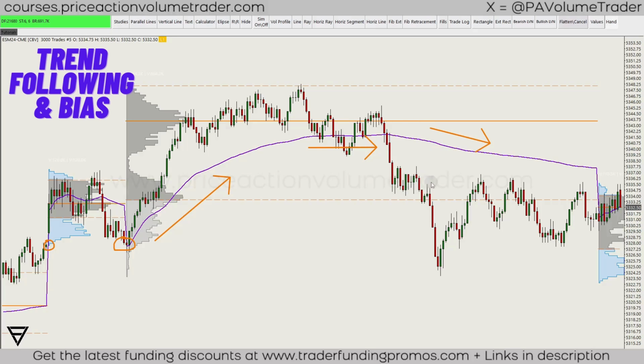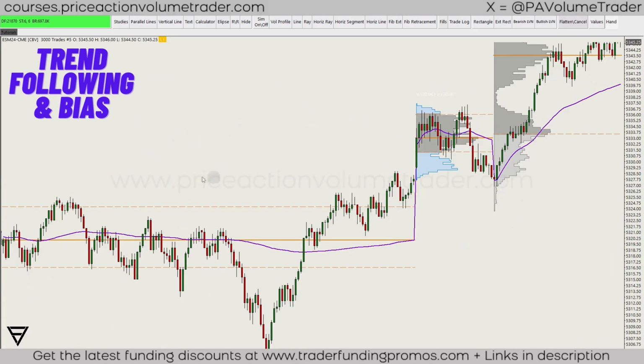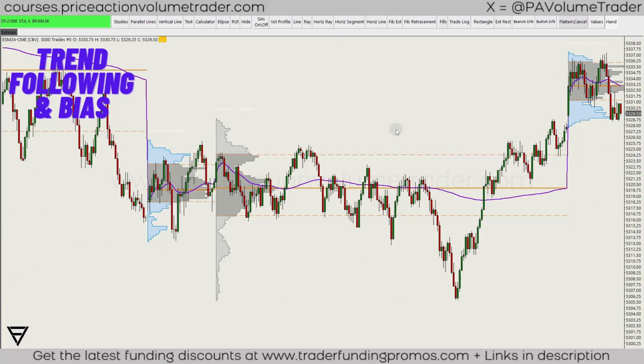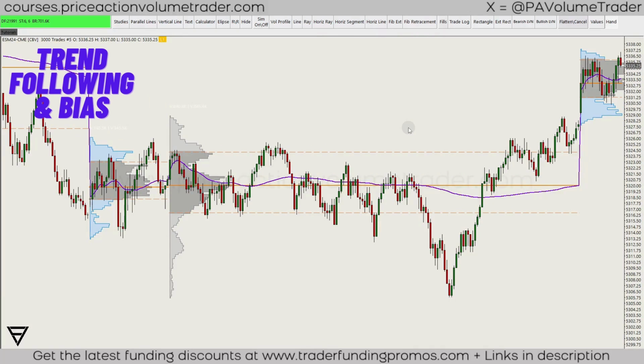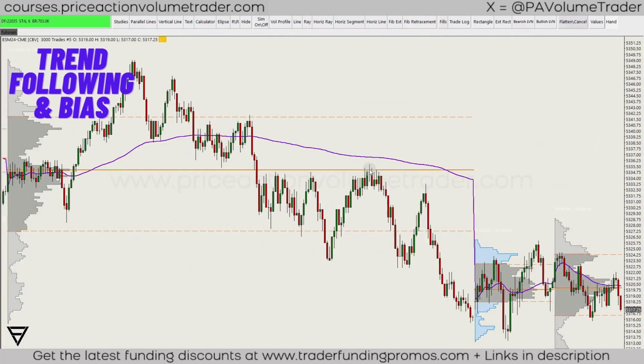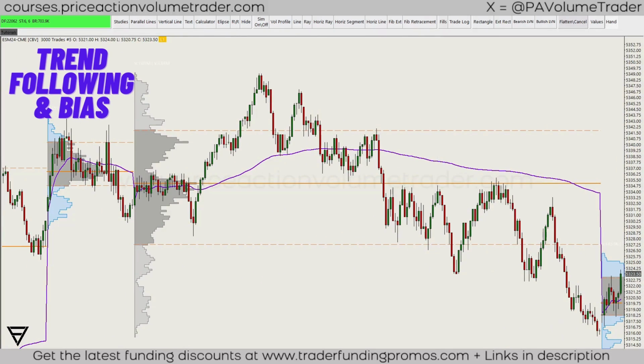So you can see right here, we had already started our descent. And then as the trend accelerated, the slope of VWAP starts descending, okay? But something as simple as just looking at how the VWAP is sloped is going to help us create a bias. And also we can say in general,